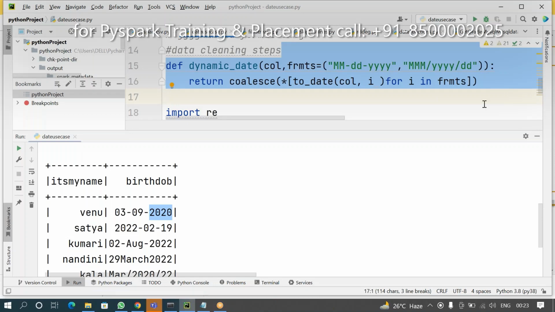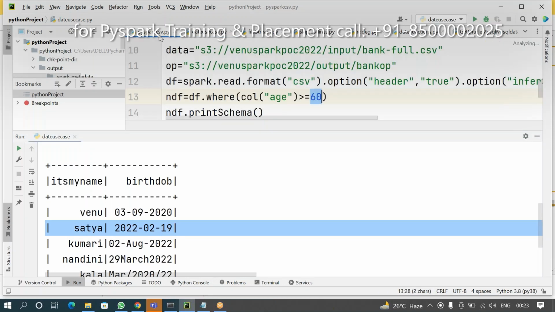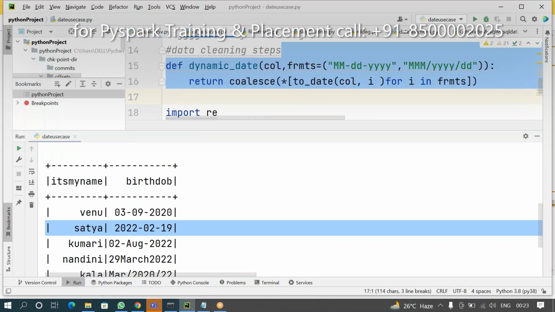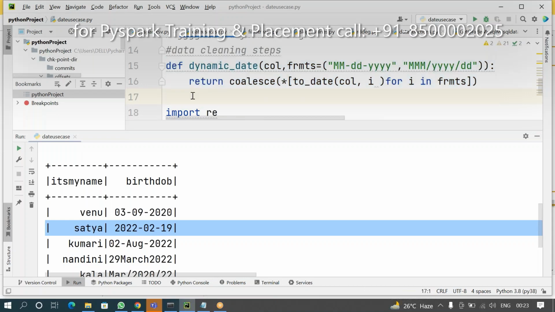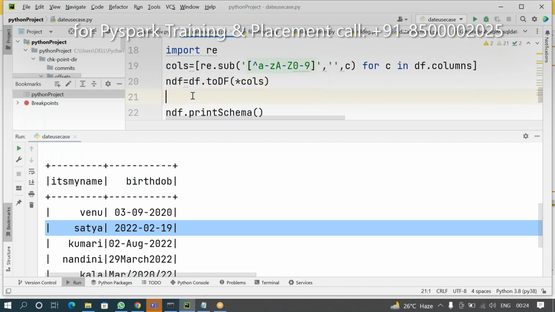Okay, in this scenario, this is a simple function. What are you doing?